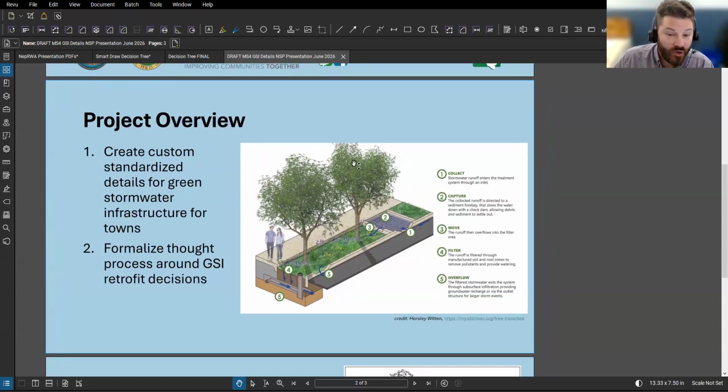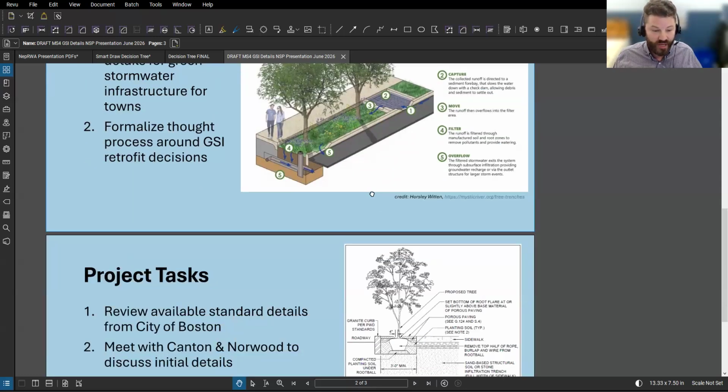This all started by reviewing the Boston Public Works suite of details. That was the foundation for our exercise, to review these and see which ones we could utilize in Canton, Norwood, and other similar suburban type communities. So the first step from this was to create